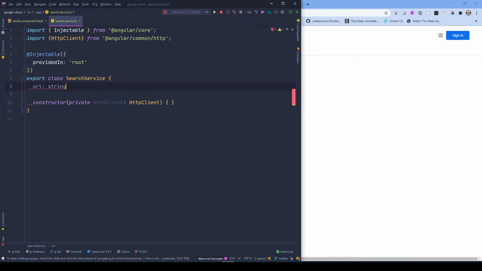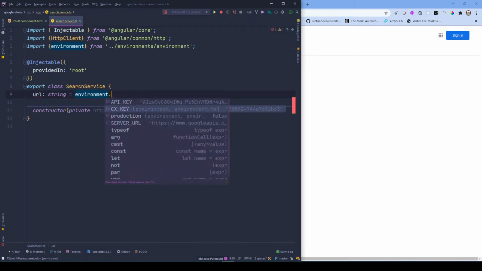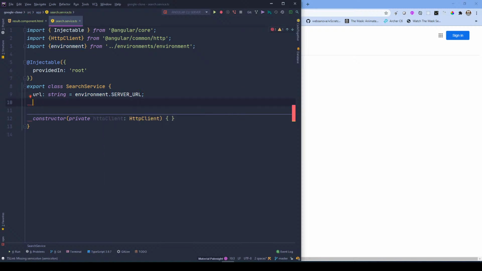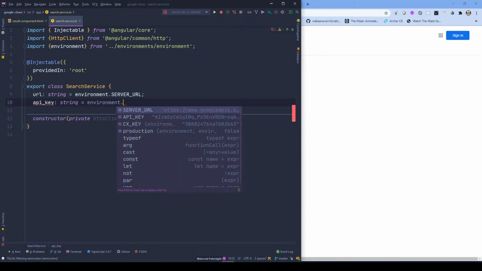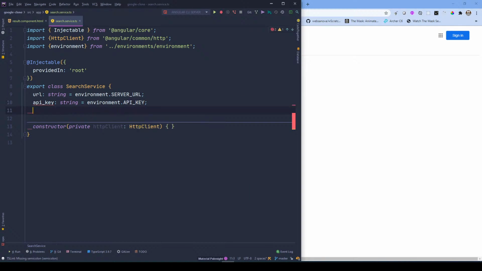URL of type string will be environment from my test environment, and this is my server URL. Next is my API underscore key of type string, environment dot API key. This is the way you hide your keys and secrets from the code. Basically, customer key, you don't need to give a type here. So environment dot customer key. Okay,